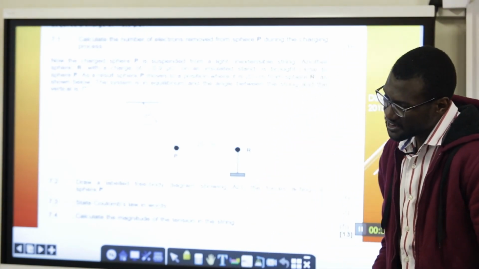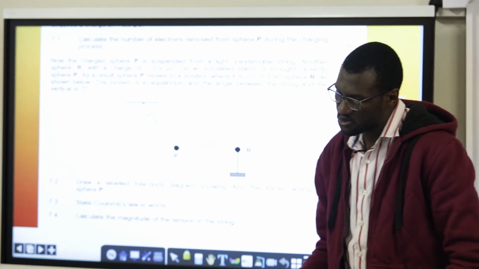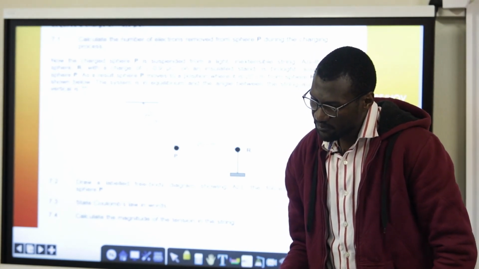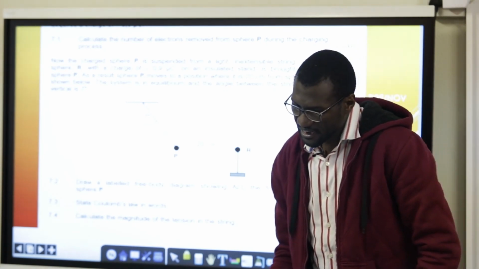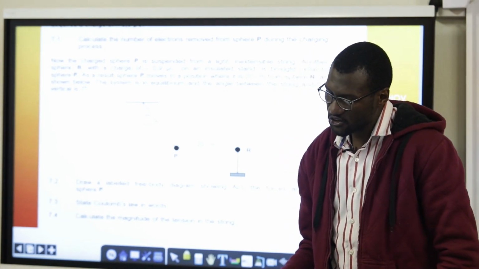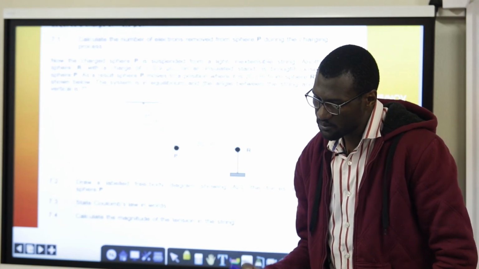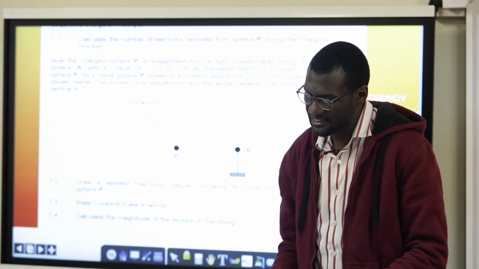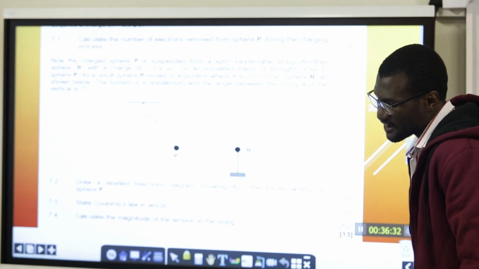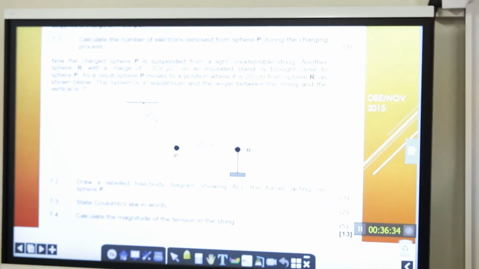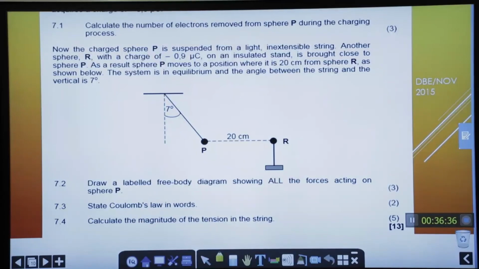A very small graphite coated sphere P is rubbed with a cloth. It is found that the sphere acquires a charge of plus 0.5 microcoulomb. Calculate the number of electrons removed from the sphere during the charging process. So what's happening? It's been charged, all right? The number of electrons for 7.1,